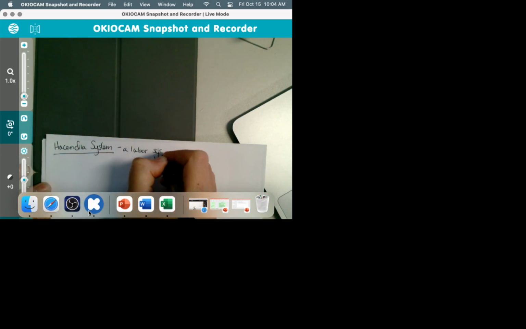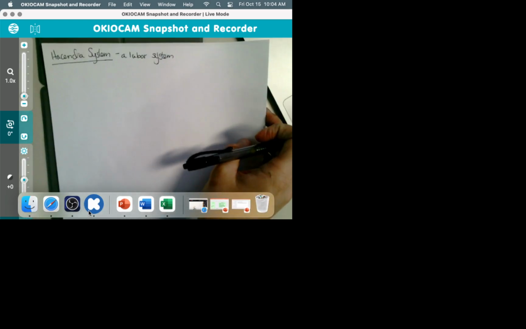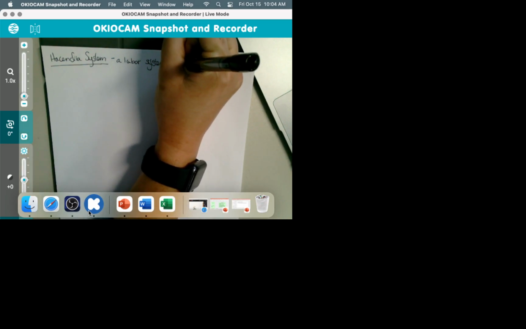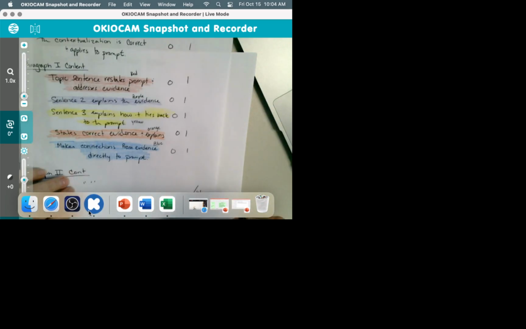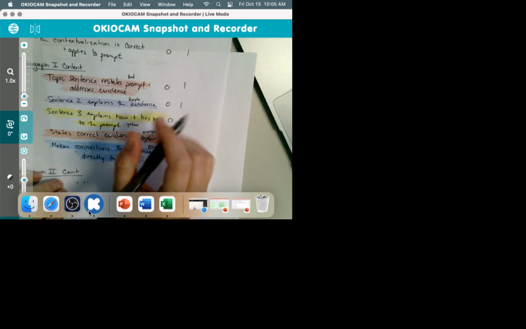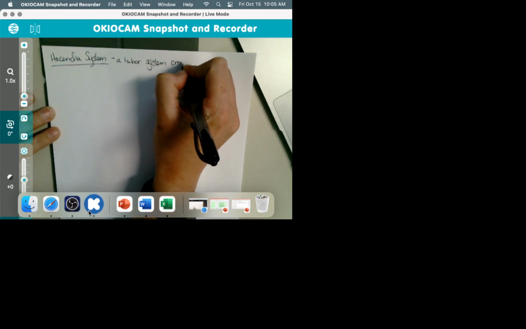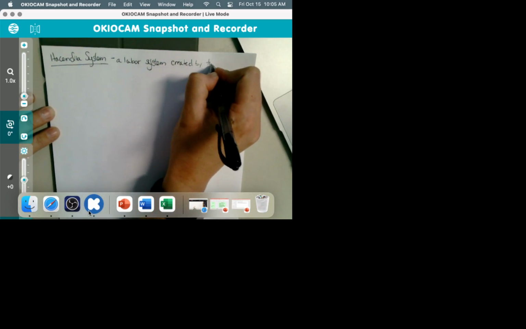The Spanish conquistadors were granted land, Okay, guys. We're trying to make it so we can easily inject it right into our essay, yes? So let's keep it in context of what we have. It's a labor system created by who? By the Spanish